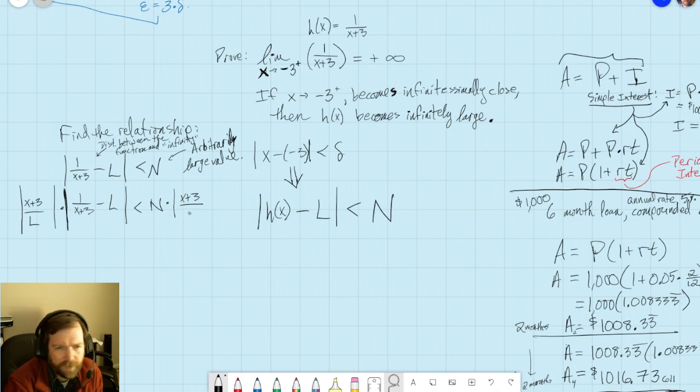I need a triangle there. Okay. I can't write limit there. We're trying to prove a limit. Oh, man. Alright, so if we multiply that in,